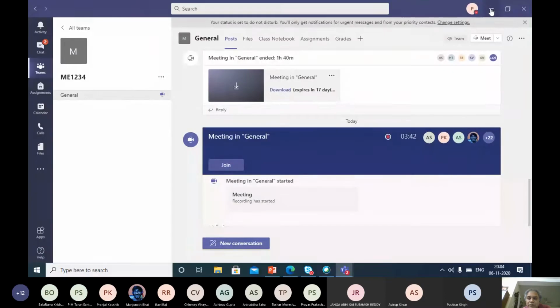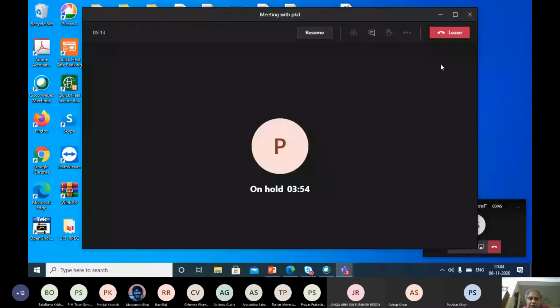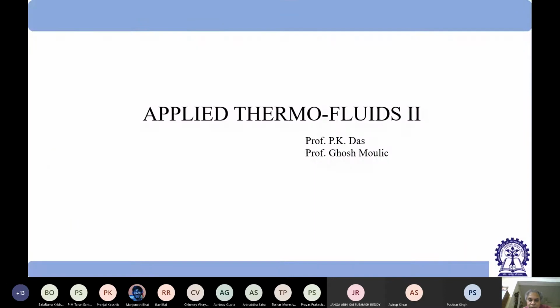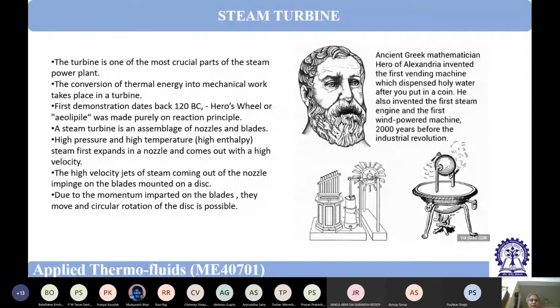Today we will start a new topic, which is important as far as thermal power plant is concerned, that is steam turbine. So steam power plant we are studying. So this is steam turbine. A turbine is one of the most